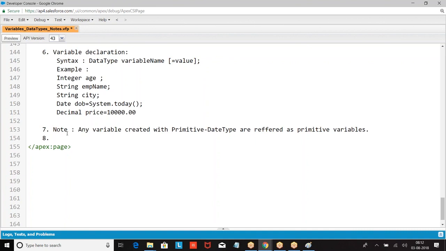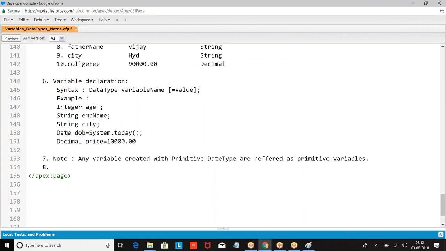Creating variables, defining them. Now, let us go to the next one. When you are creating a variable, there is a scope called local variables and global variables. Variables are classified into two types: local variables and global variables. What are local variables? What are global variables? So let us take the next one.